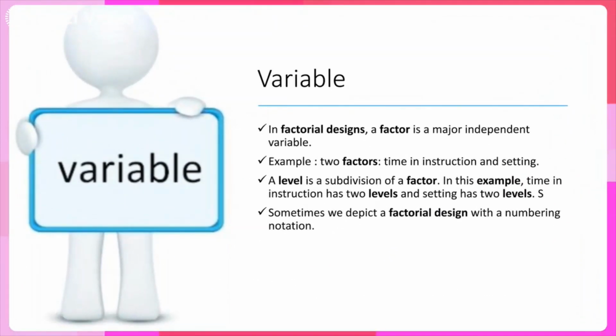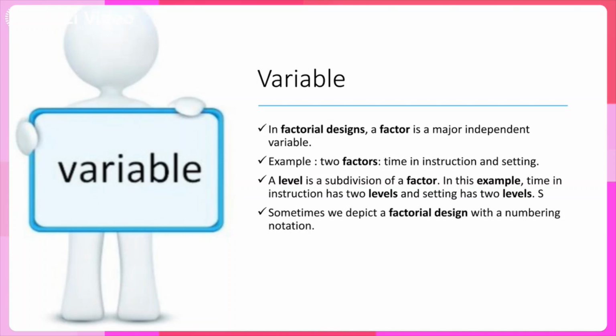When we talk about factorial analysis, we have to be clear about certain terms. For example, variable. What is a variable? In factorial designs, a factor is a major independent variable, for example time, temperature or humidity, in any experiment, when you think about the impact of one factor on another, or the impact on the ultimate response. For example, an increase in the consumption of caffeine in alcohol users. If someone is taking alcohol and you provide the person with caffeine, how is it going to impact? This type of multi-factor analysis can be performed using factorial analysis.